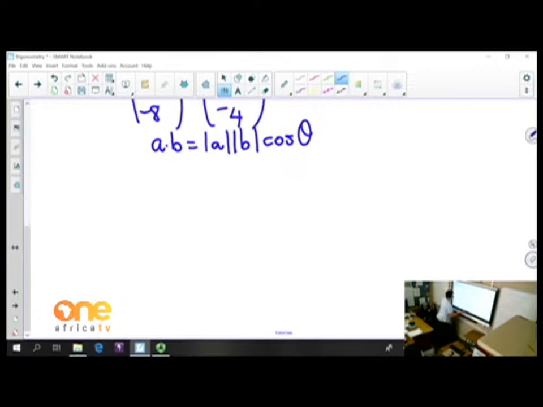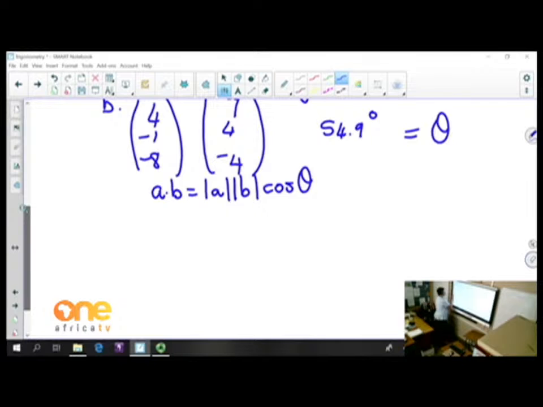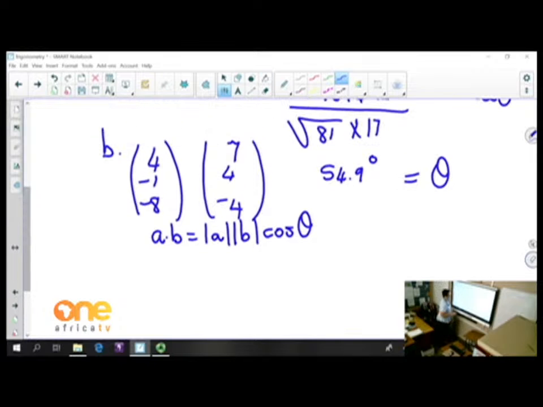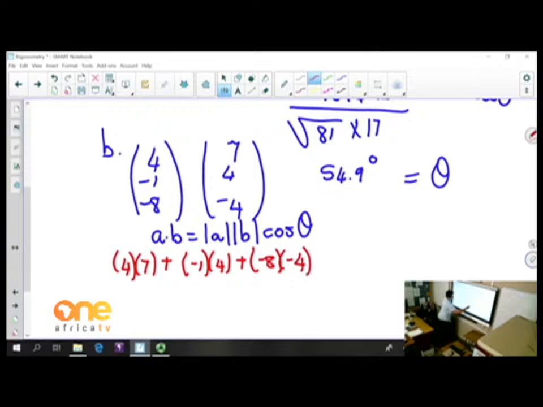Every time that one formula that we are using. Right, what does A dot B mean? II, so 4 times 7, plus JJ, negative 1 times 4, plus KK,